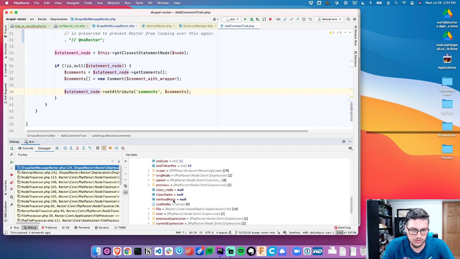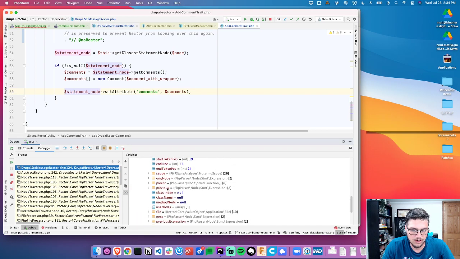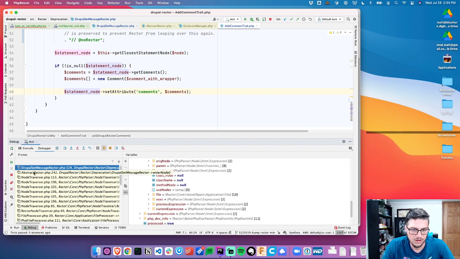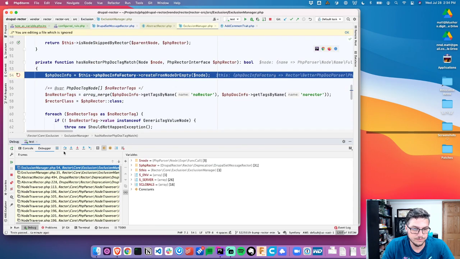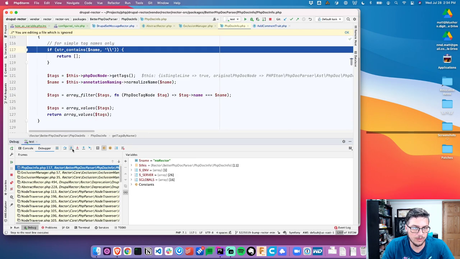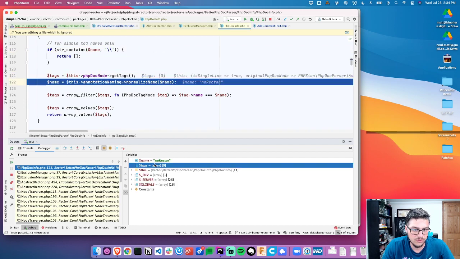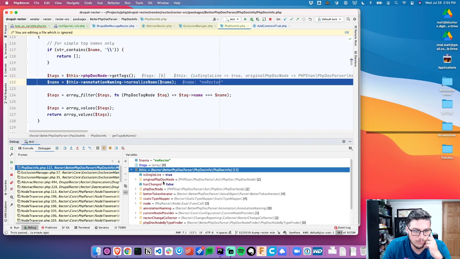Statement, attribute. Next. Set attribute comments. I don't know. All right, let's just play. So let's step in. So tags are 0. So this phpdoc node